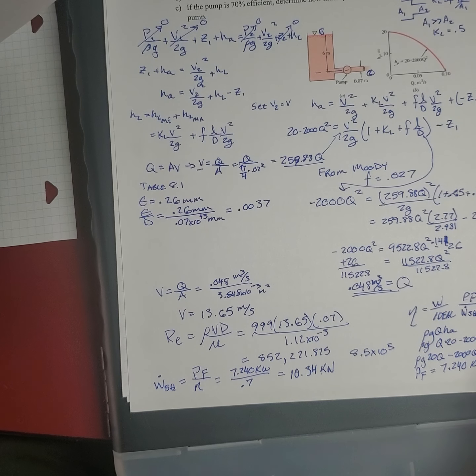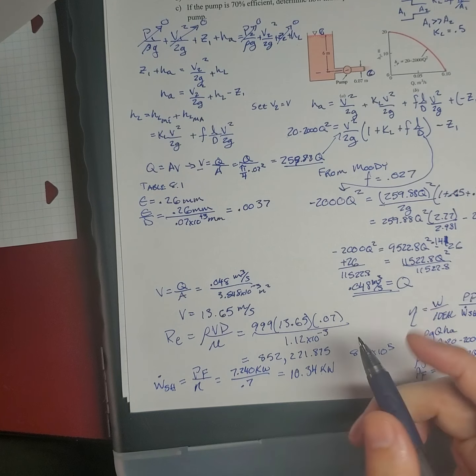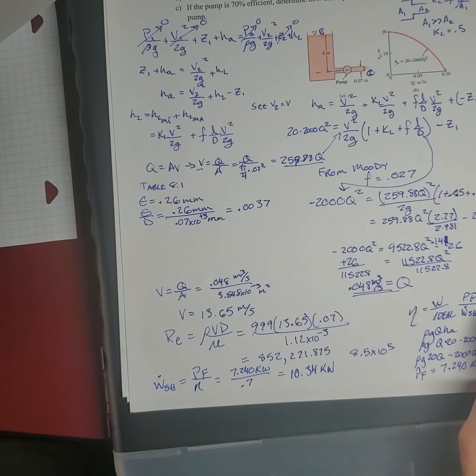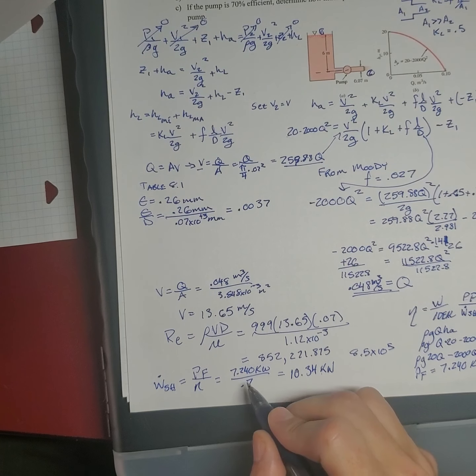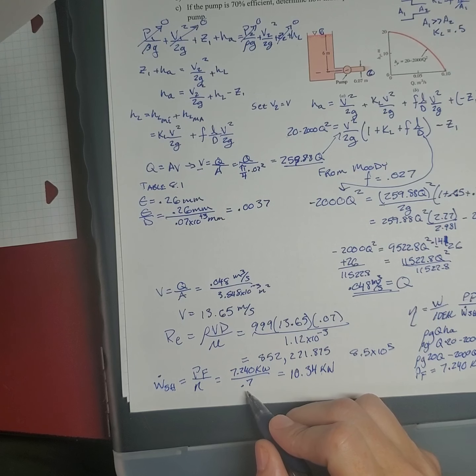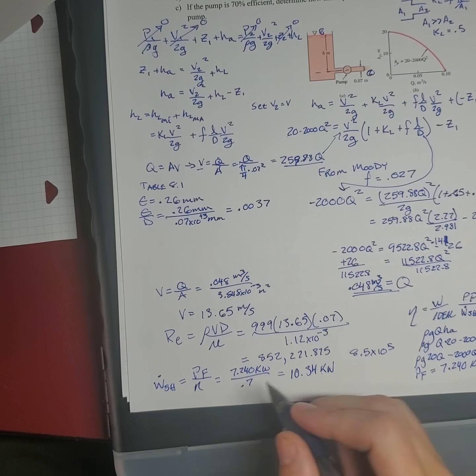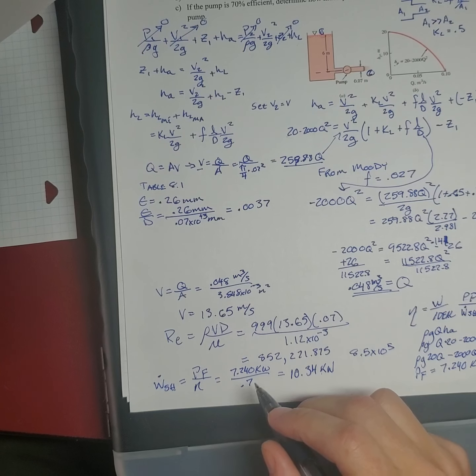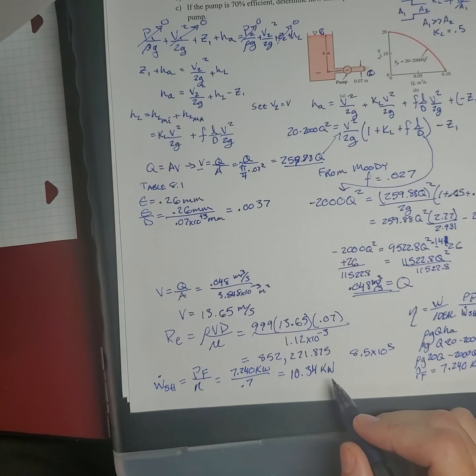A little extra message about the efficiency. If you ever get lost and you can't remember which one goes which, try both. And if you had to put in less power than you got out, you know that you're wrong. When you're just thinking about, I want over ideal, or is it perfect over how much I want, you are taking the amount that you got out and dividing it by a term less than 1,